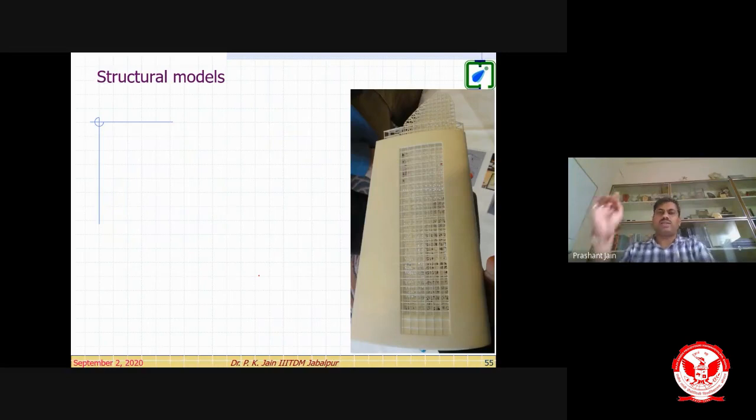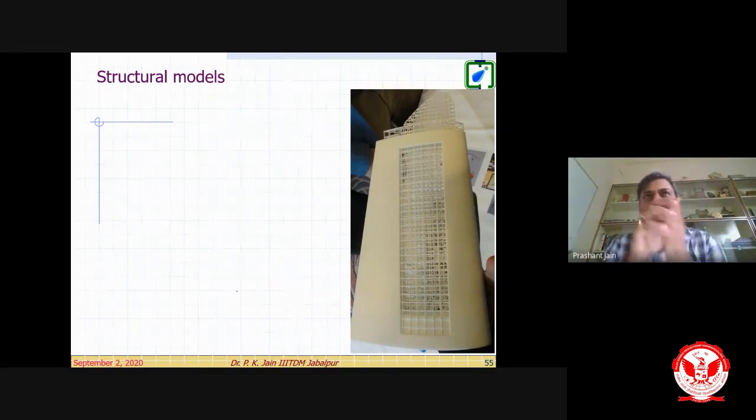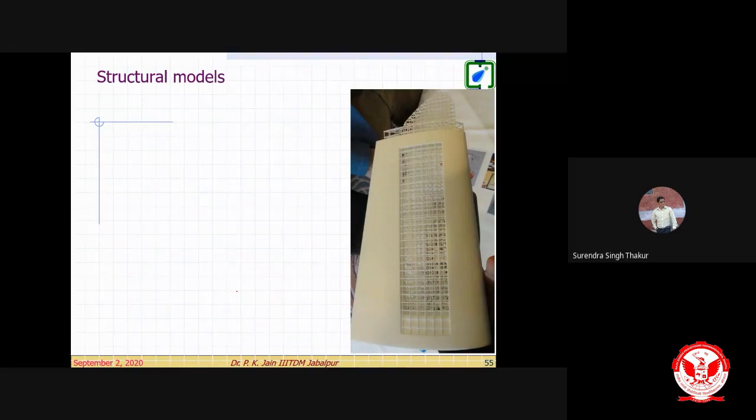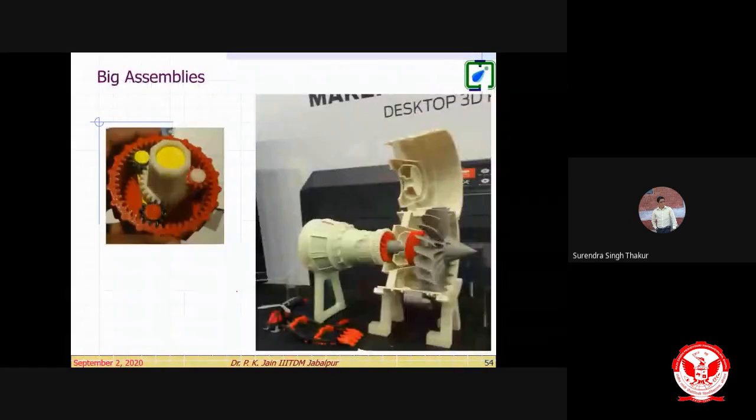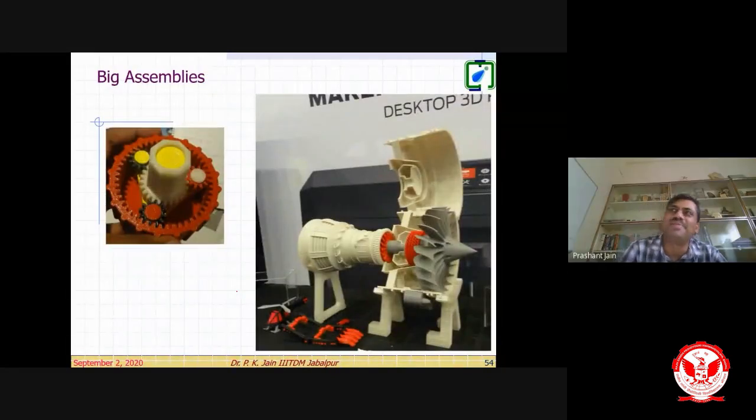Am I audible to Dr. Surendra? Yes, sir. What is happening is that I used to take lectures on Zoom. In Zoom, when I go into presentation mode, I can see the participant list and videos on my side panel. But in Google Meet, when I enter presentation mode, I can't see anything else. So many a time I become worried whether the net is connected or not. We don't have any other option, sir. Okay, no problem.